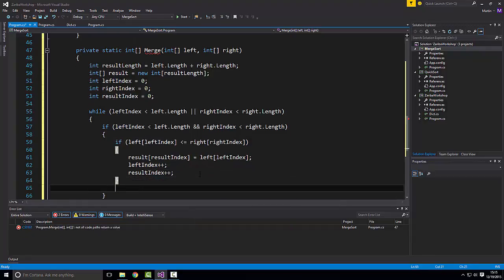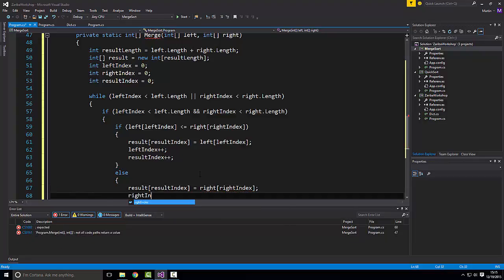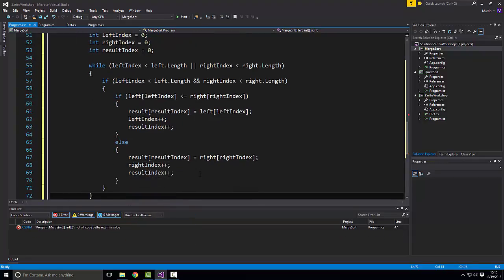Okay, so let's do the other one. So else, what is it that I have to do here? Result of result index equals right of right index, and right index plus plus and result index plus plus. Okay, this was that if here, and now we just have to check in some else statements whether we have